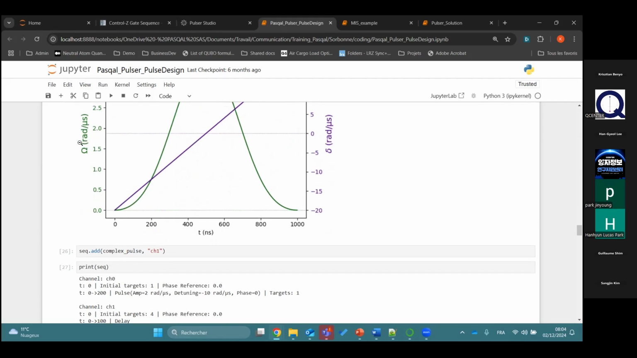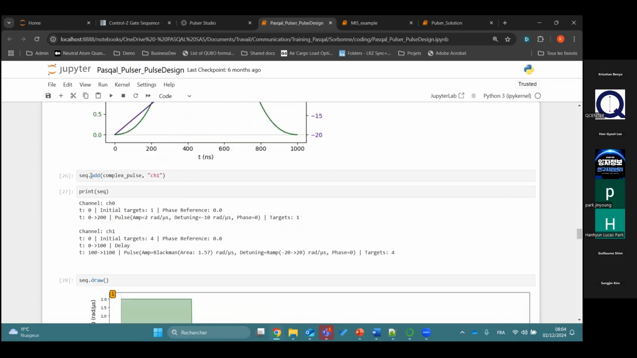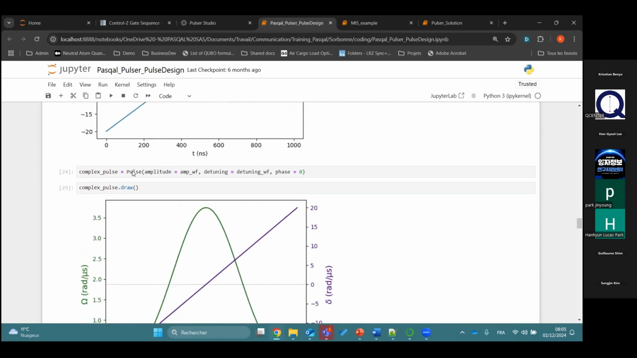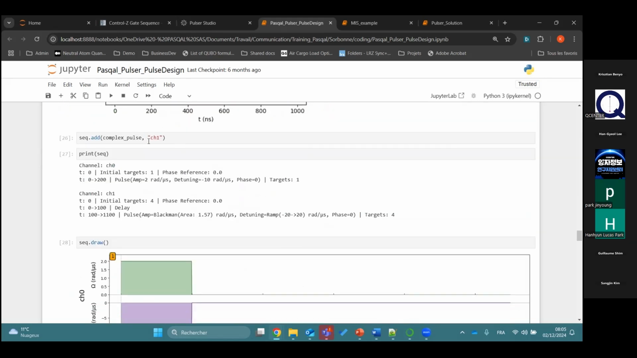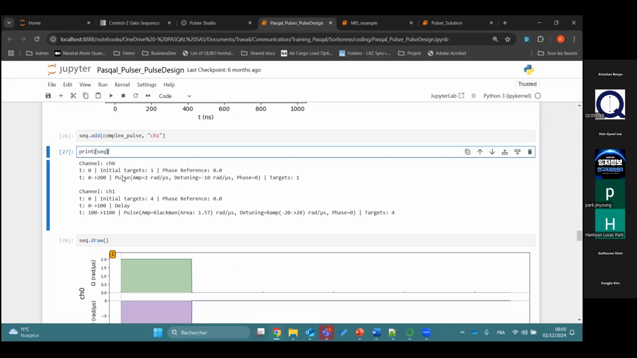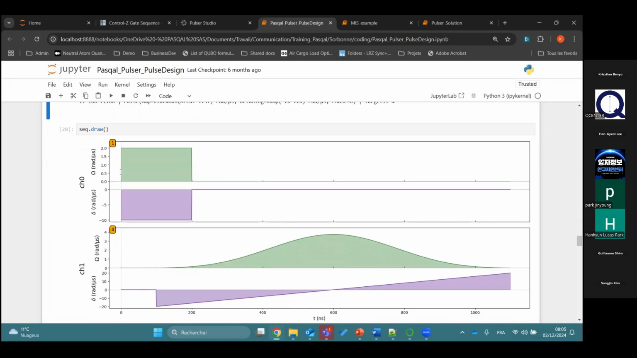You need to add it to the sequence in order for it to appear as a step of instruction for the whole implementation. So what I'm doing here now is simply adding this newly defined pulse, this concatenated pulse-based object that had our previously defined amplitude and detuning parameters, into channel 1. And once again, I can ask for a text-based representation to give me an idea of what's happening in the different channels so far, or I can simply draw it out to get a